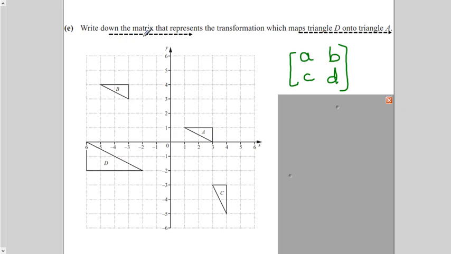Now this is the second last part of the question. Write down the matrix that represents the transformation which maps B onto A. Now you see it is going towards a smaller one. First B came onto D, now B is going towards A. Now again it is inverted, we can see, right? So it means it will be a negative scale factor. Second thing is, this is my object and this is my image. So to find the scale factor, I will do image corresponding sides divided by object corresponding side.